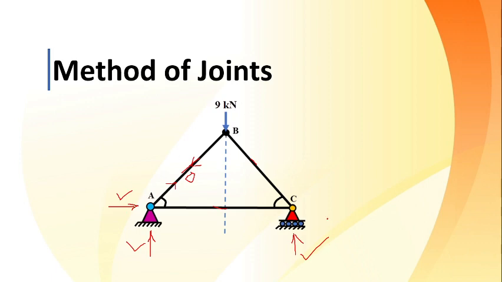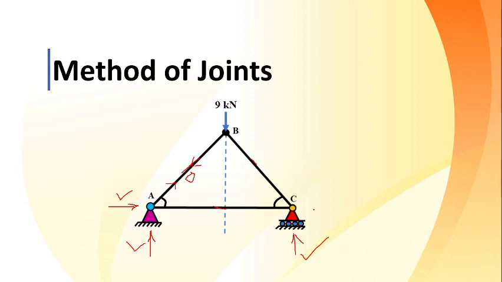Now beyond that, whatever procedure is to be adopted, may it be method of joint or method of section, the first two steps are inevitable: find the type of truss and find the external support reactions. There is one exemption in which I don't have to find the external support reactions. That I will tell you when we deal with that specific problem. But in most cases, the first job is to find the external support reactions after finding the type of truss. Is it okay? So here I have found the horizontal and vertical reactions at A and C.